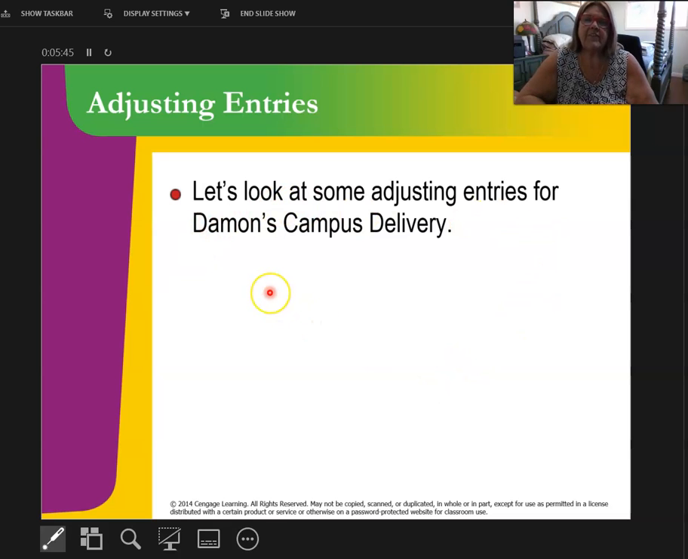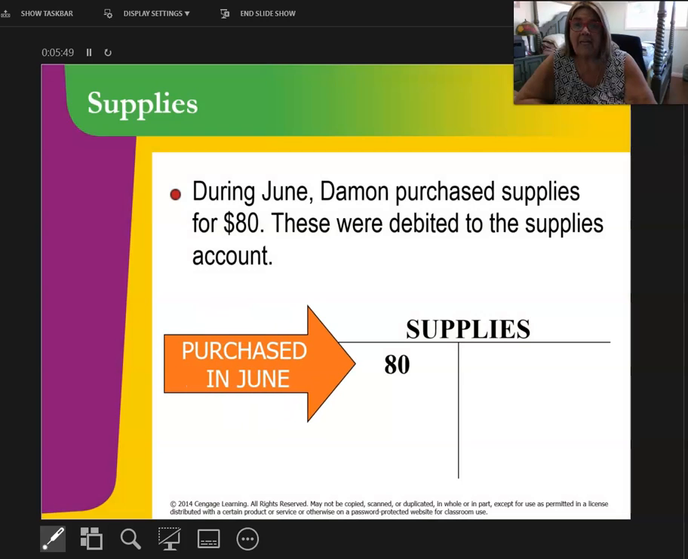So the first thing we're going to do is look at adjusting entries, using some of Damon's actual accounts. First one we're going to look at is his supplies account. In the very beginning of June, or during June, he purchased $80 worth of supplies. These are assets. These are things I actually own. And when I did that, I debited my asset account called supplies. But during the month,